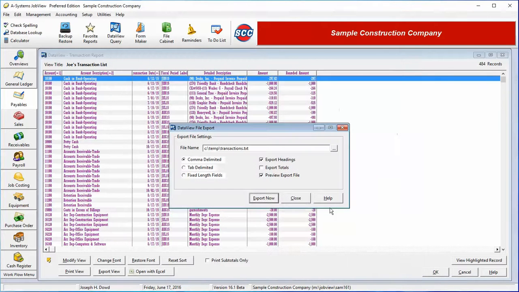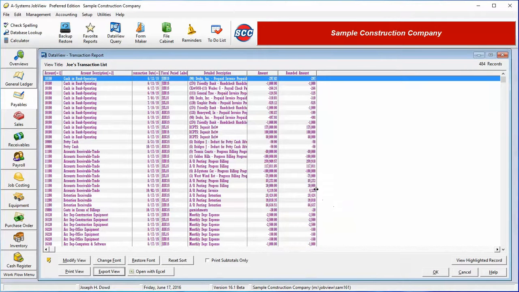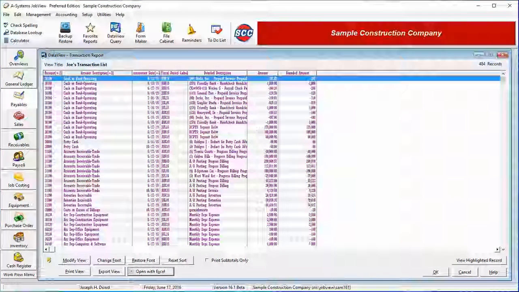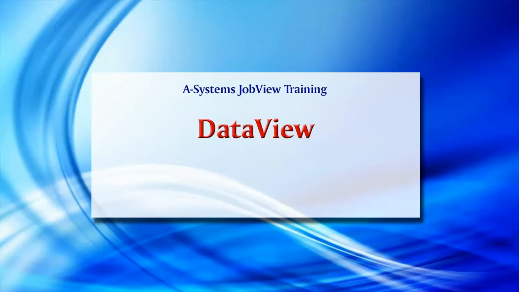Of course, the quickest method of transferring your view records into a spreadsheet is by using this Open with Excel button. When the button is clicked, Microsoft Excel is immediately opened to a spreadsheet containing the data from our view. As you can see, A-System's DataView is a powerful tool that gives you greater access to your JobView data and greater control of your